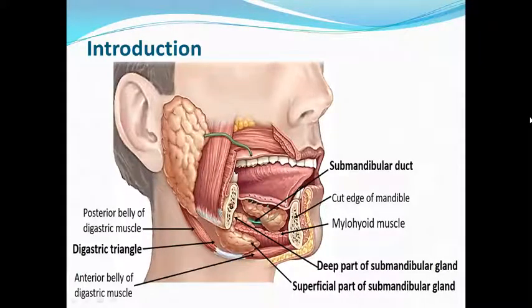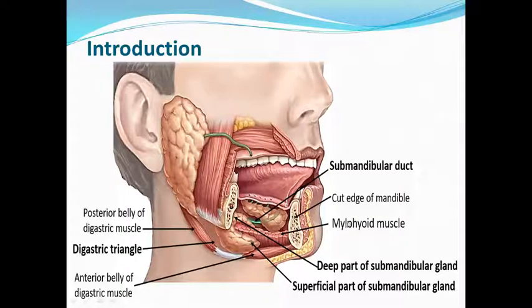Now, how do we define or introduce the submandibular gland? The largest one is the parotid gland, as we have already discussed. The second largest, large as compared to the sublingual salivary gland, is the submandibular gland. As compared to the sublingual gland it is large in size, but smaller than the parotid. It is about the size of a walnut, and roughly J-shaped, and